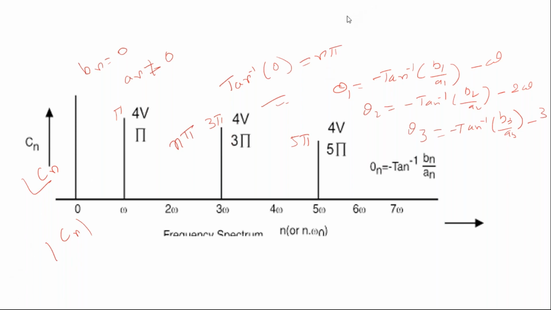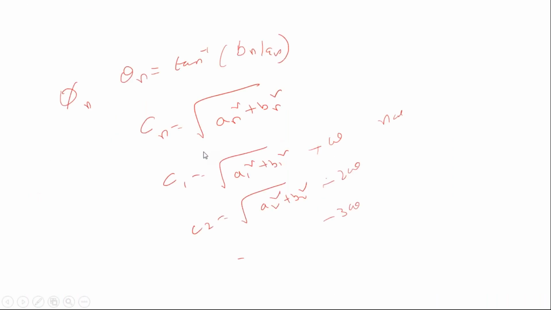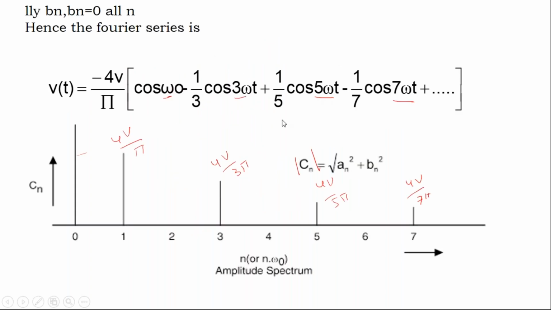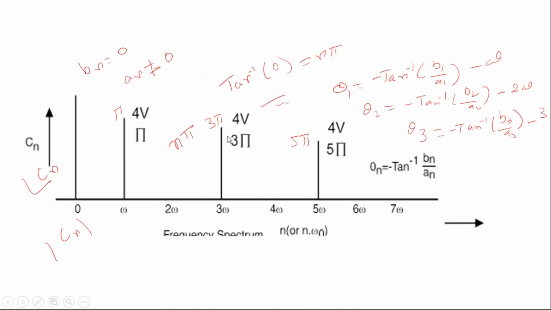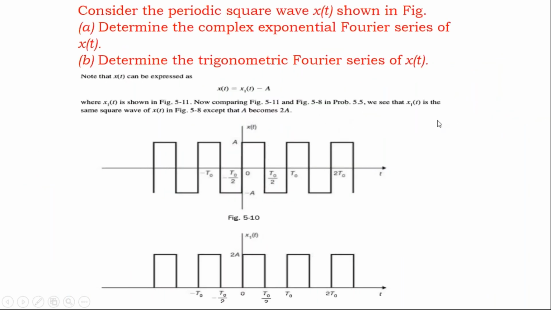So please try to understand. You can plot the amplitude and phase spectra of any given Fourier series by obtaining its Fourier harmonic components, that is A0, An, and Bn. After calculating A0, An, and Bn, you need to use Cn and angle Cn. Cn represents the magnitude part, and angle Cn represents the phase part. That's how you can find the amplitude and phase of a given function or signal.